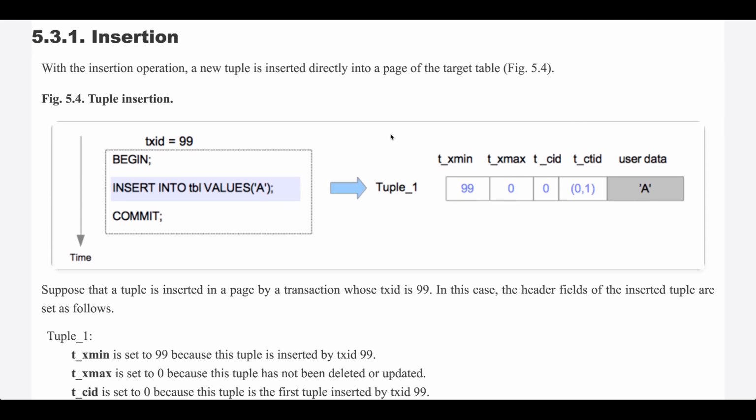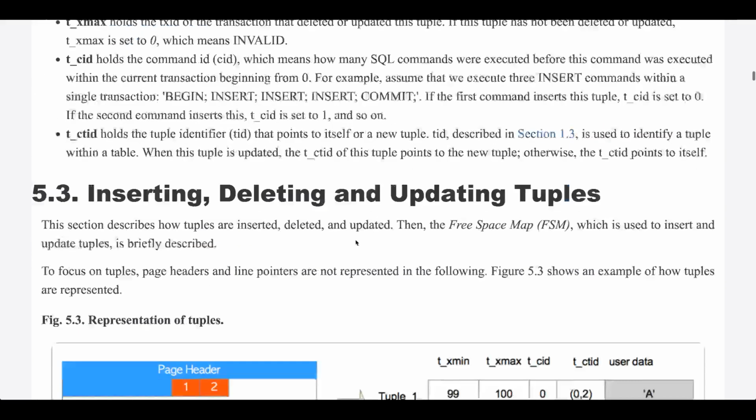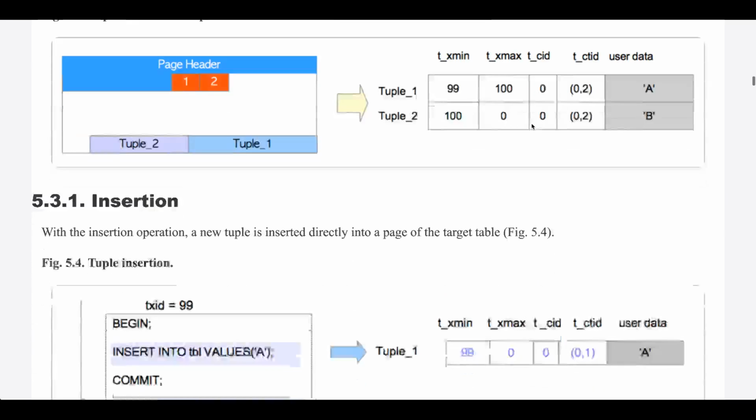With the insertion operation, a new tuple is inserted directly into a page of the target table. So begin, insert into table values A. This is the transaction ID. It's not being deleted or updated, so this is 0. This is the first command within the transaction, so this is 0. And then this is the tuple identifier that points to itself